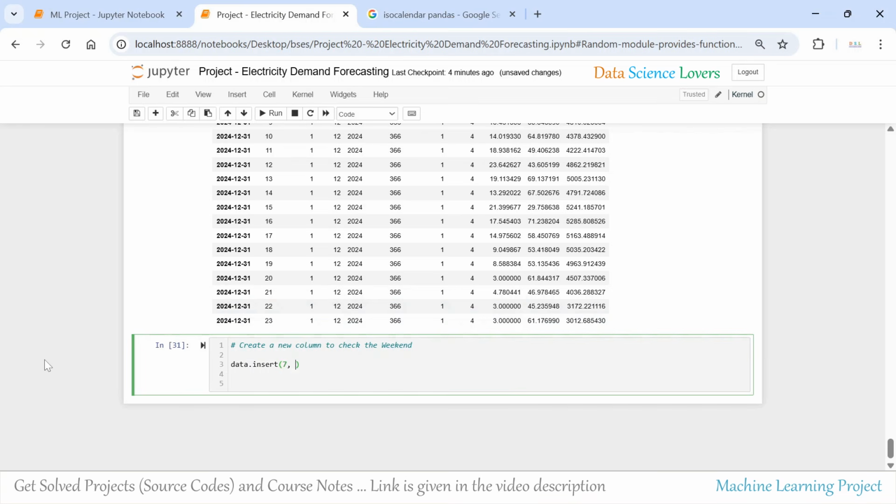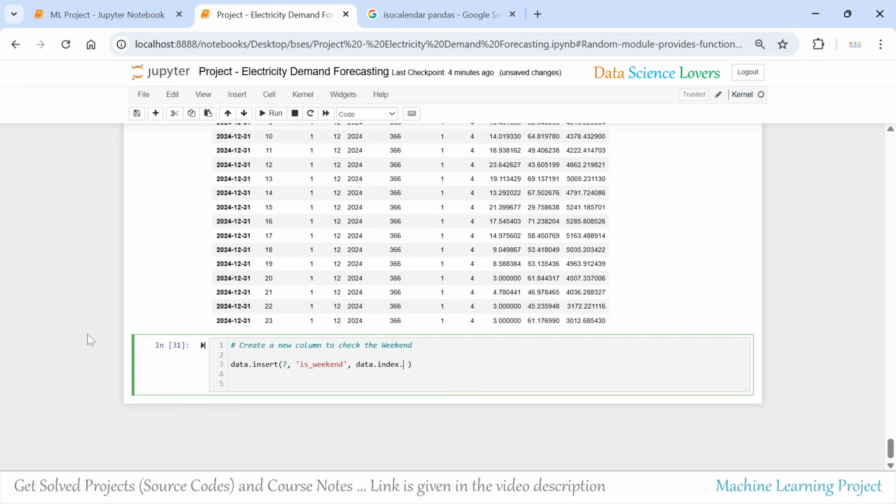Okay, and after this we have to mention the column name, and this time we will name the column as is weekend, means the given date falls on any weekend or not. Okay, next thing we will use this index of timestamp, means this date we will use